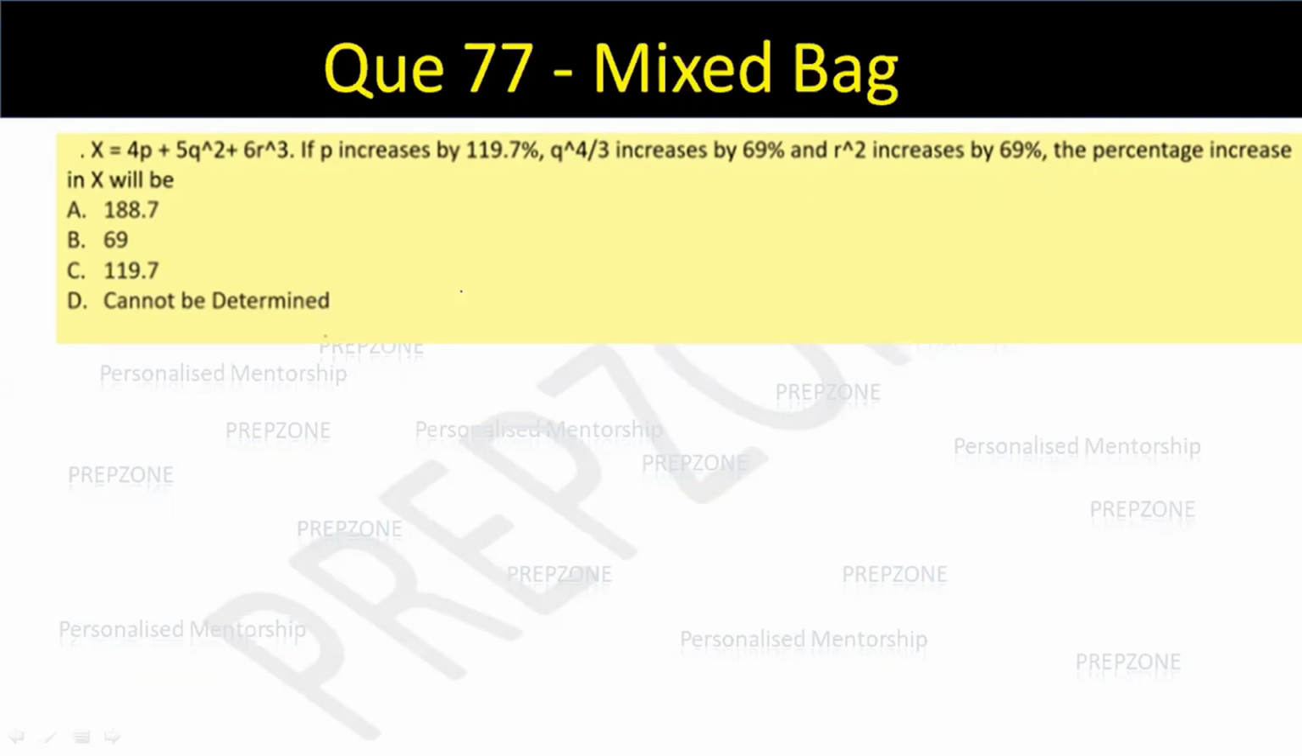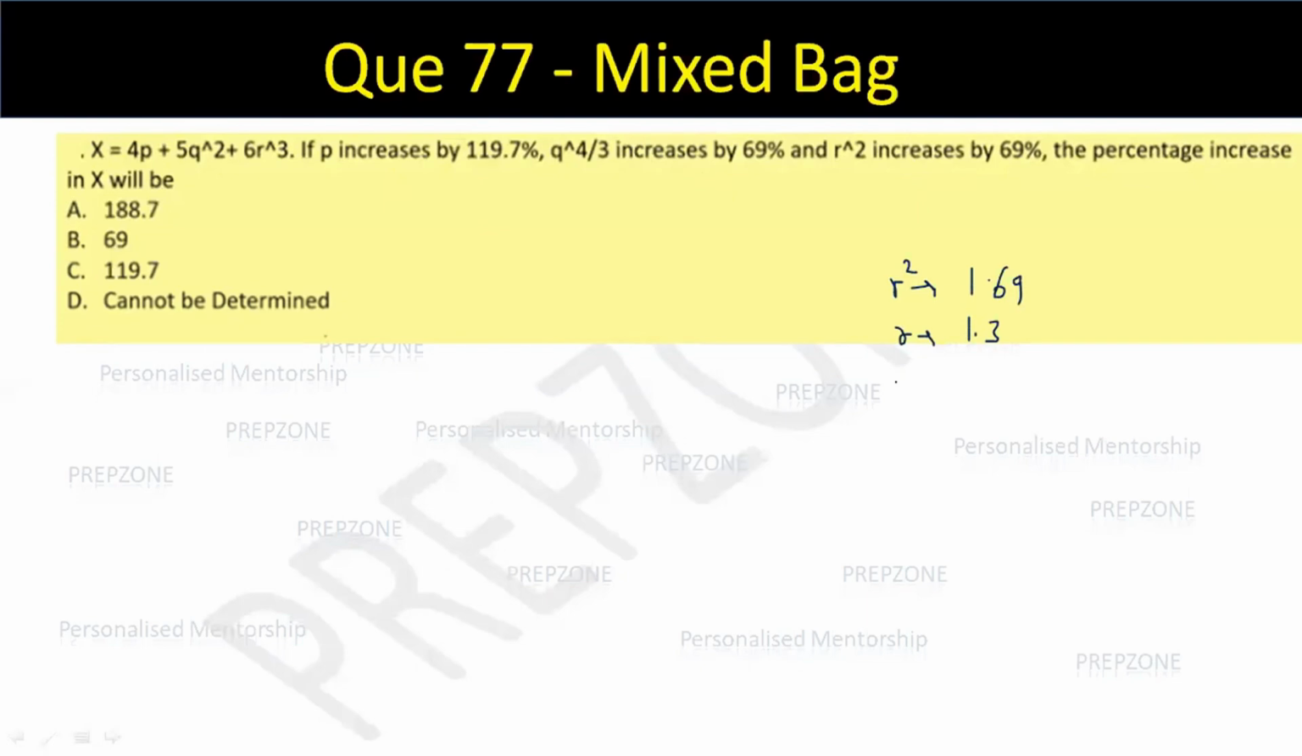If R square increases by 69%, R square will become 169% of R square. So R is increasing by 13%. So if R square is becoming 1.69, so R is 1.3. Okay. Yeah. So it is increasing by 30%. Okay. Then if R is increasing by 30%, then